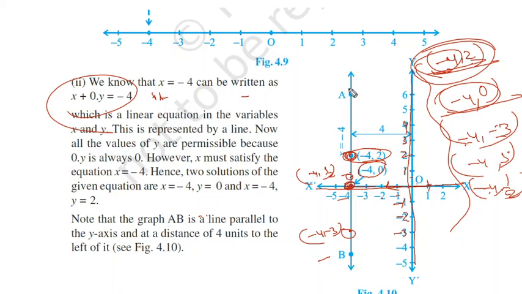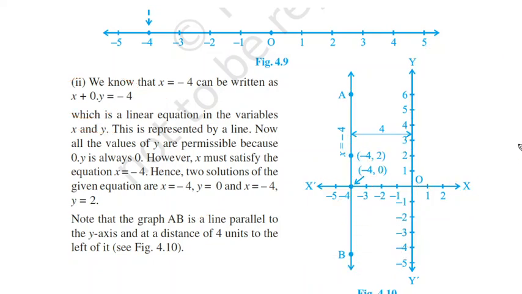So put a scale here and join all these points. You will get a straight line, and that line will be parallel to which axis? Y-axis. How can you say it is parallel? Because the perpendicular distance from any point on this line to the y-axis is 4 units. You can see this distance is 4, here it is 4 unit distance, here it is 4, everywhere you can find 4 unit distance. Okay, so here the example ends.